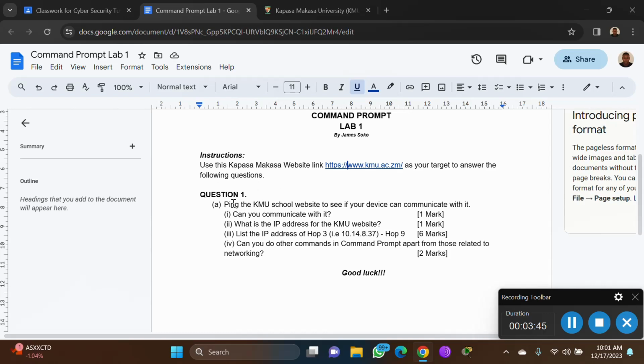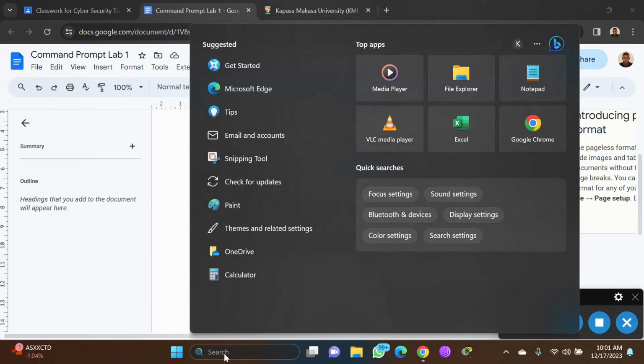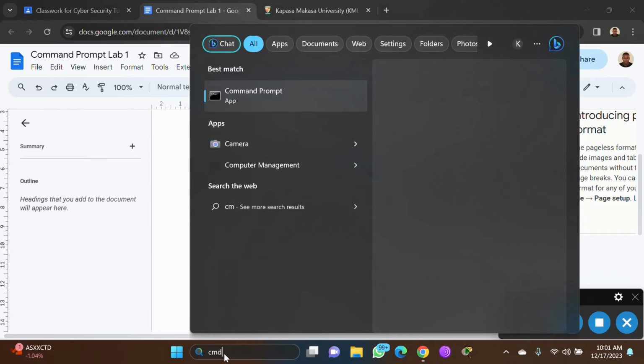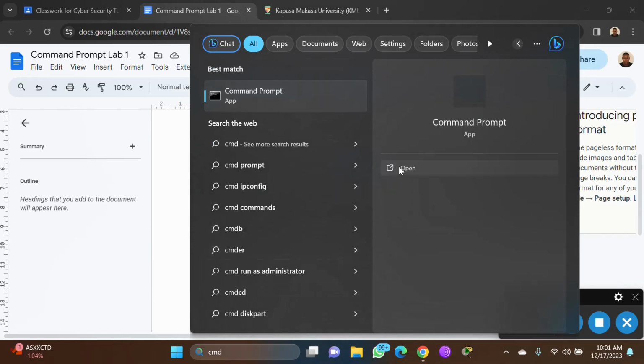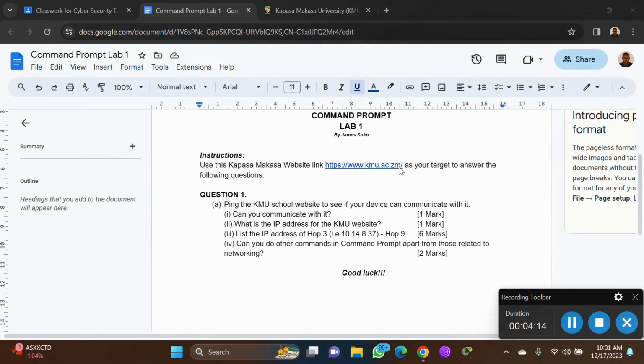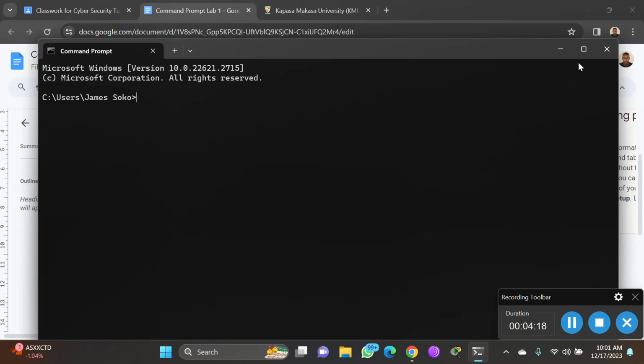So question 1, ping the KMU school website to see if your device can communicate with it. So under A, okay, first of all, let's start with this CMD. So we need to open our command prompt by saying CMD or typing command prompt. So I'll say CMD, or you can type in command prompt. So you open this because this tutorial is about command prompt. So once you open that,